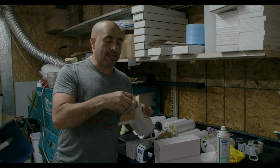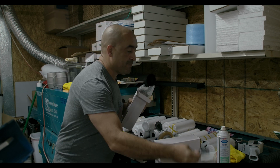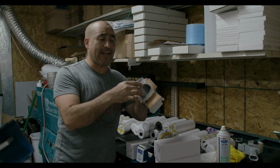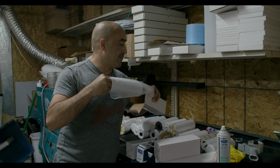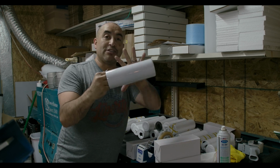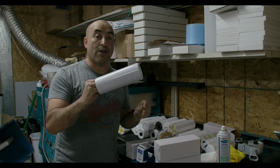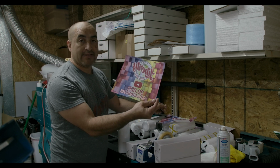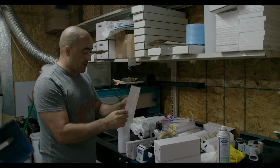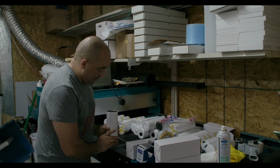So one of the things that I do is, before I get it out, I actually remove the lid. We don't need the lid, and then I stick my hand inside the tumbler. That way I don't touch the tumbler itself, so I don't get it dirty. So what I do next, I grab the artwork. In this case, this is gonna be the artwork, and I just wrap it around the tumbler, making sure that